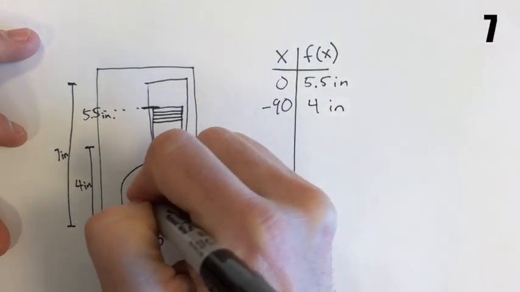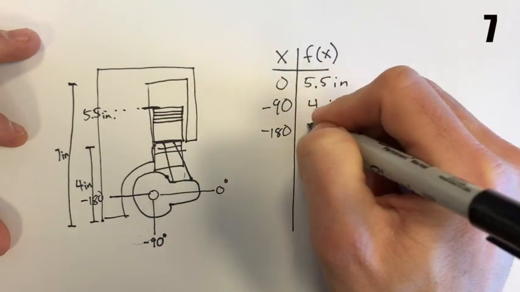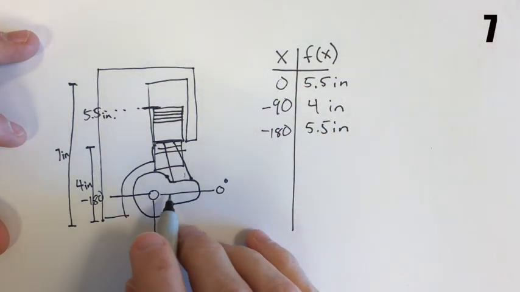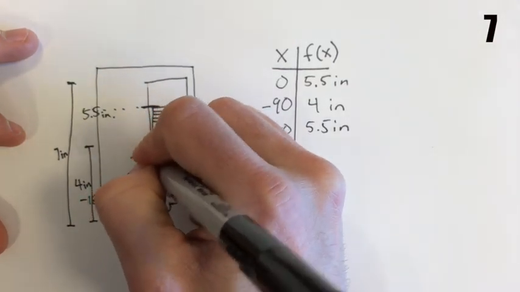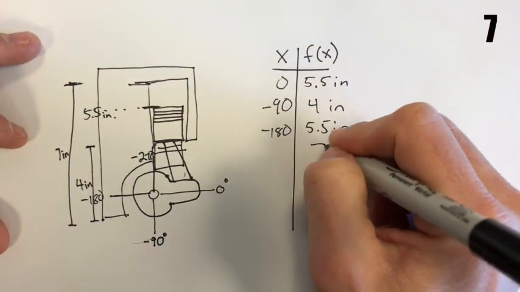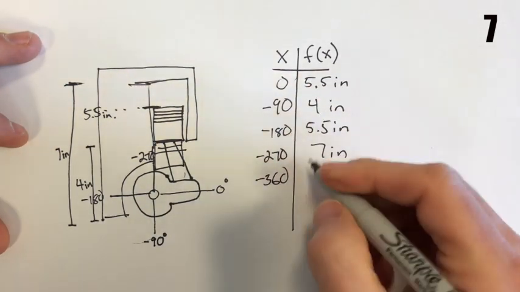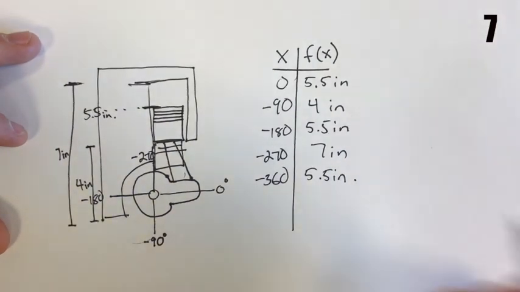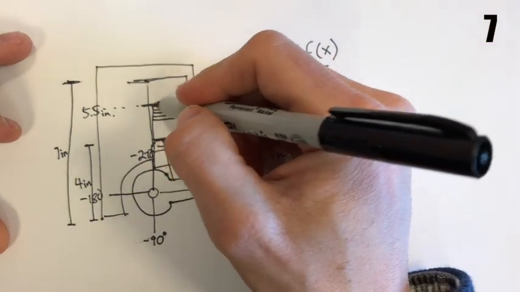You can imagine when this thing's cranked over to negative 180, it's going to be back to 5.5 inches. And then when it's cranked up in this direction, which is negative 270, that's when it's going to be at its highest, all the way up here at the top, 7 inches. So that's negative 270, and then at negative 360, that's the same as 0. So 5.5, and that's just going to continue. So if x is the amount of rotation of this crankshaft, and f of x is the height of the top of that piston,